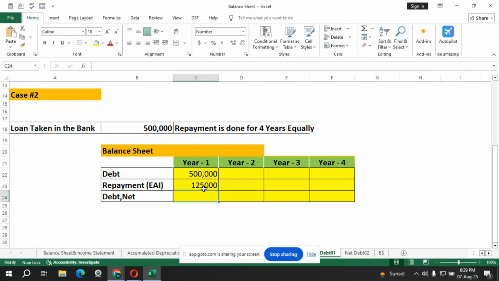Which means each year 1,25,000 is being paid. So what is the net debt? It equals 5 lakhs minus the repayment amount, so 3,75,000. Year 2 will be done the same way you did the first table. Give the reference of the net debt. Again, for all the 4 years, it's being repaid. See, if you drag, it will not come. Why? Because here there is a cell referencing. So every time, you have to take the actual amount,